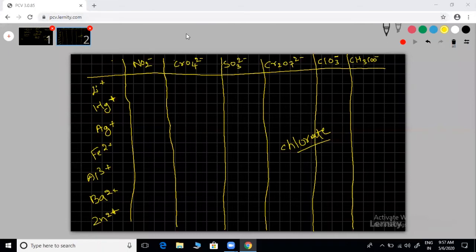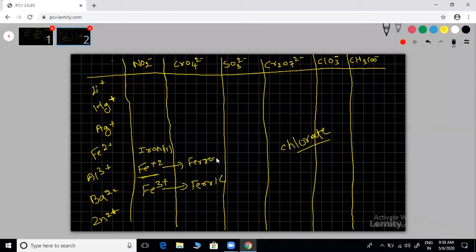You should not use ferric here. Ferric is +3 oxidation state. If you are using iron sulfide, you have to mention iron 2 oxidation state, like no Roman letter iron. Okay, iron 2 you have to keep, iron sulfide you have to keep. Otherwise you can use Fe2+ means ferrous. This name is ferrous. Fe3+ means ferric. This is ferric, this is ferrous.